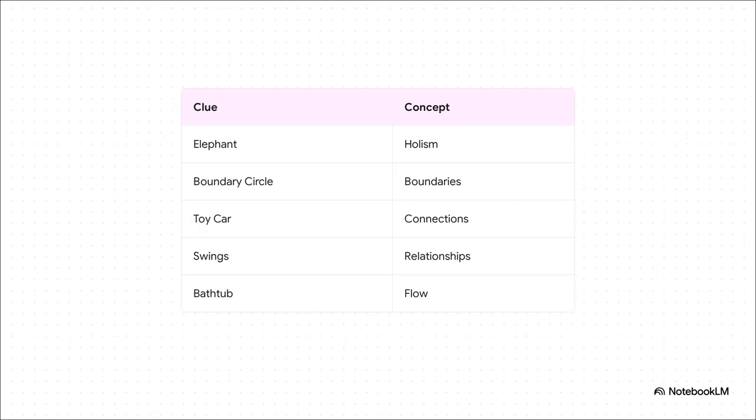But those isolated parts don't just sit there, do they? That's where our toy car came in, showing us how gears and axles form vital connections to make the vehicle move. And the nature of those interactions? We used the swings to illustrate relationships, showing how a push in one direction creates a resulting swing in another, a constant dynamic dance. Finally, the bathtub demonstrated systemic flow, how resources, energy, or even information pour into a system, circulate, and drain out. All of these quirky metaphors lock perfectly together to prove one fundamental, inescapable rule.